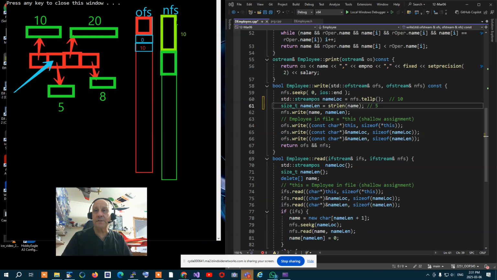And the length of it obviously is 5. Then it writes the entire object over here, so now the object will be written over there. The second object. And after the second object come the two